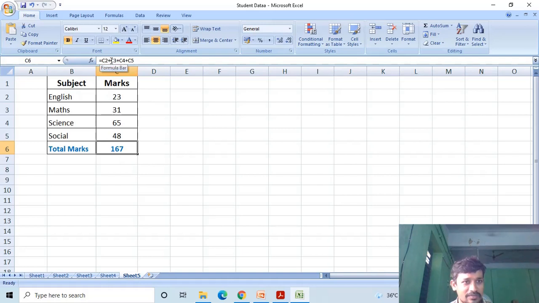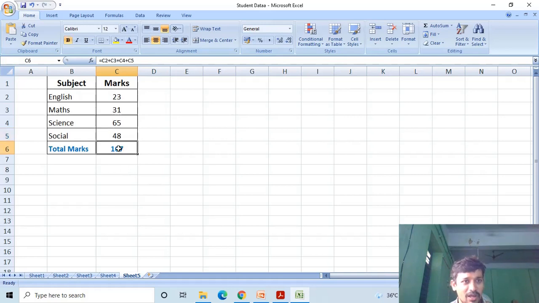Equal to C2, the cell address of the English subject marks, plus C3, the cell containing the math subject marks, plus C4, which contains the science marks, plus C5, which contains the social marks.